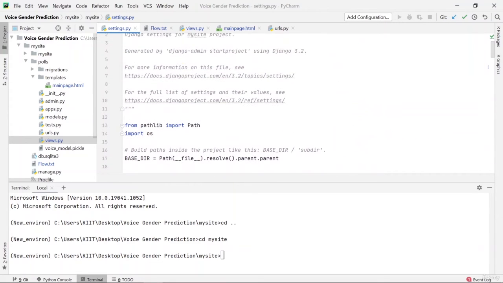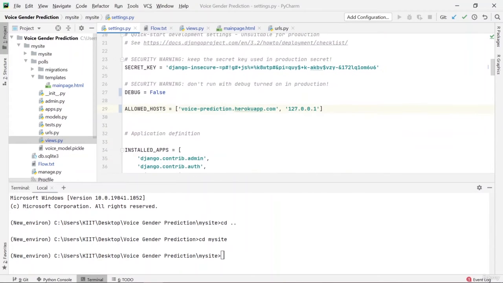Now, if you have just built a Django project, meaning just the base has been instantiated and you haven't changed anything, you would see that debug is equal to True and there's nothing written in allowed hosts. Since I've already changed the code so that it can be run in production, I have changed it from True to False, and in allowed hosts I've set up some URL. You can even see that the security warning is telling you not to run with debug turned on in production.